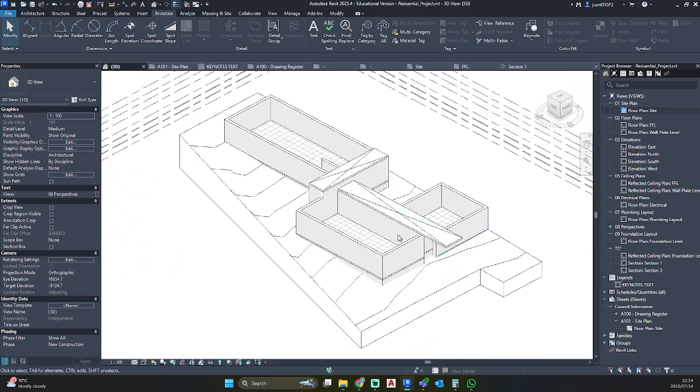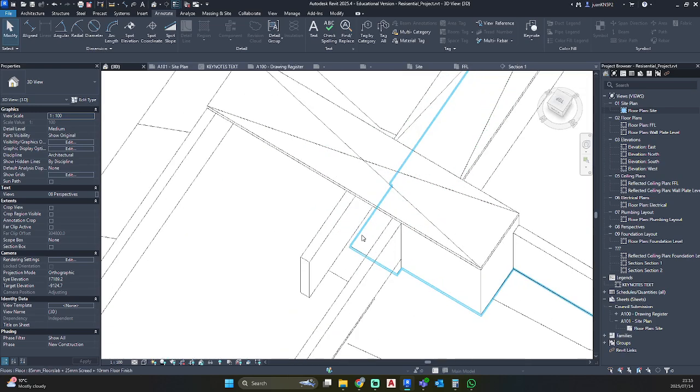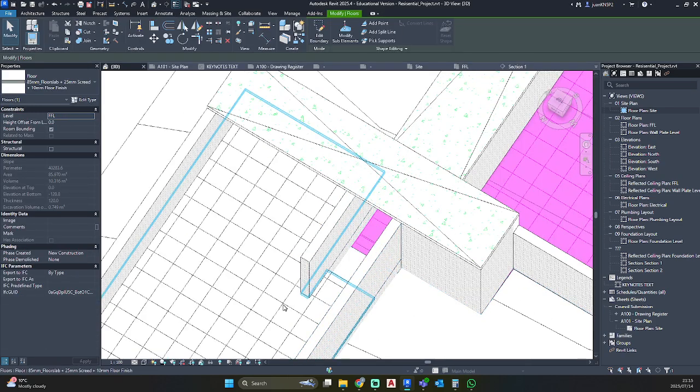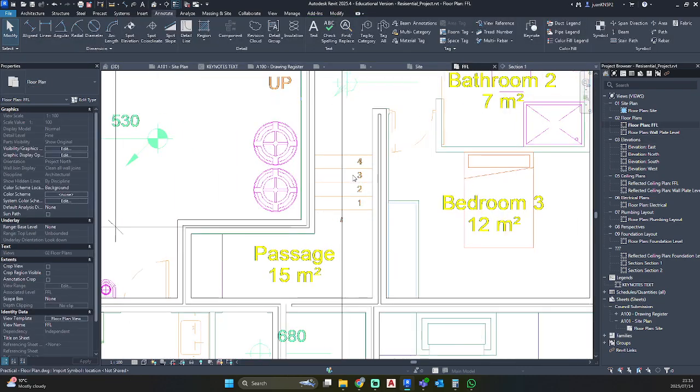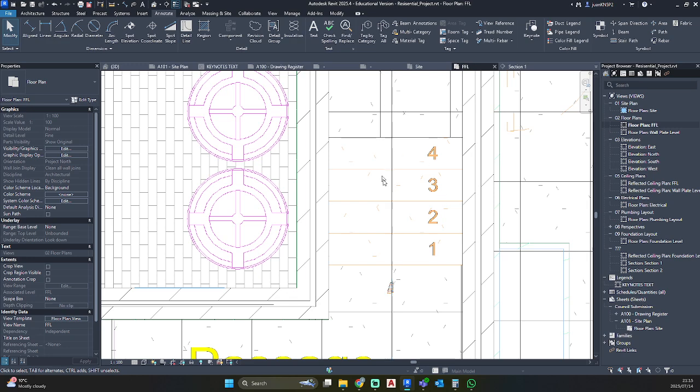So let's try and connect our floor levels to site and our public to our private space. If we go to floor plan, you'll see that there is stairs on the drawing file. We worked with 680 millimeters height difference, so that would be 680 divided by 4 gives us a 170 riser.